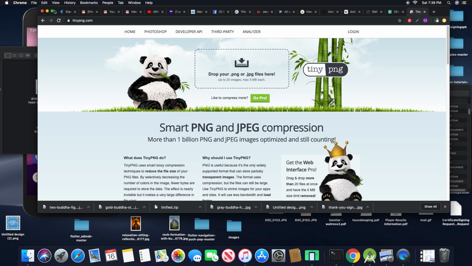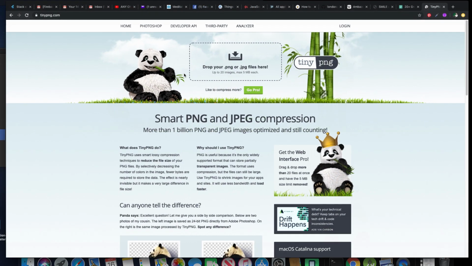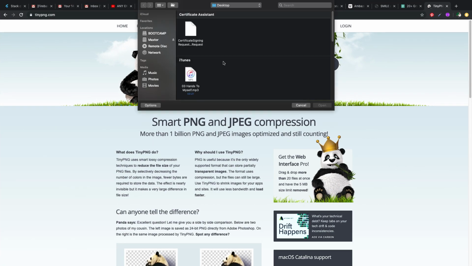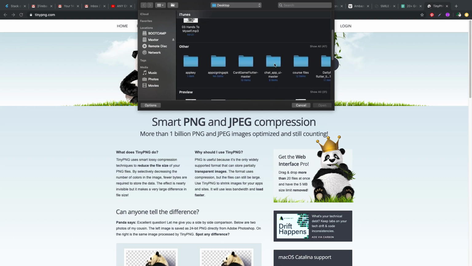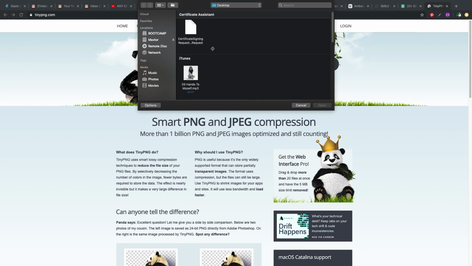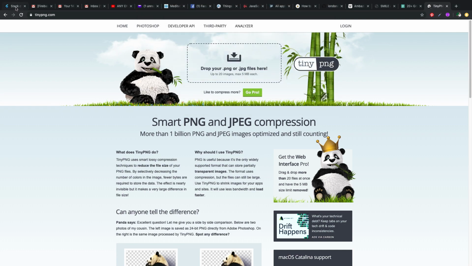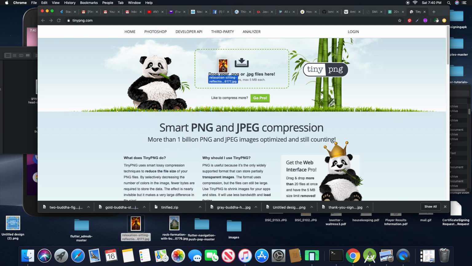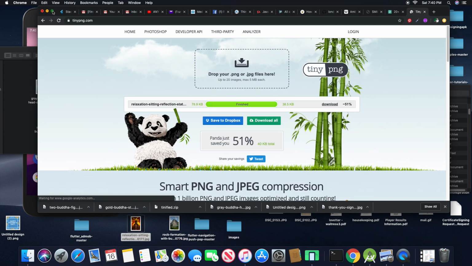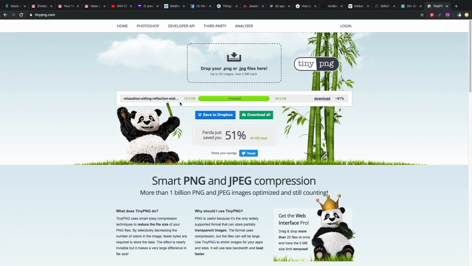So what you're gonna do is you have to just drop your image. Either you drag and drop, or you click here. So for example, okay, let me just do it this way. Let me just click here and see, oh, I have so many images here. Let me see the one. Unfortunately, the image here does not show. So what I'm gonna do is I'm gonna make my screen a little bit small. So I just drag and I drop. So you can see this was the image